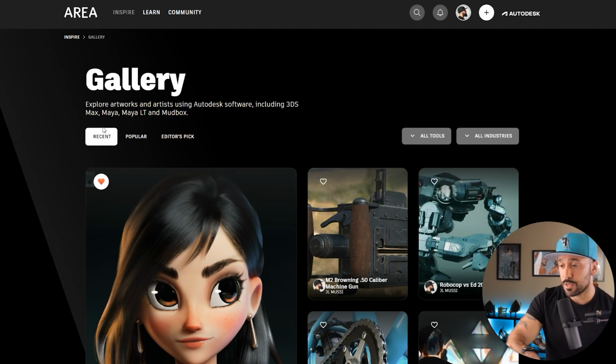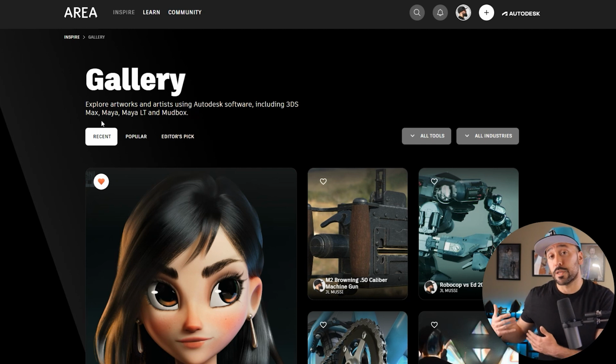On the left-hand side, you see that you do have some filters here from recent to most popular, and you have editor's picks, which is kind of nice because they'll go and hand curate some of the best portfolio pieces within the platform. A great plus in my book, seeing that I'm solely focusing on 3D art at this point in my career, even though I used to do a lot of 2D work earlier on, I am currently focusing on 3D art, and this website only caters to 3D art